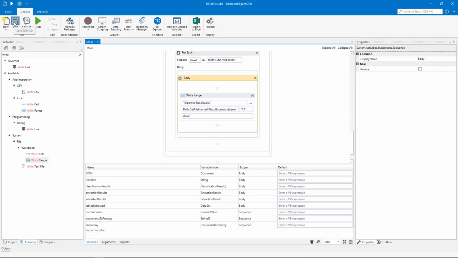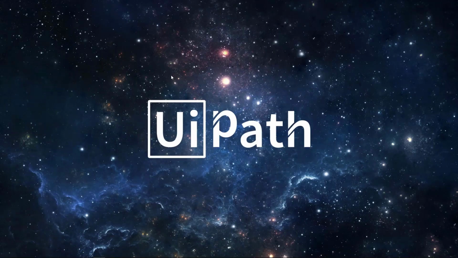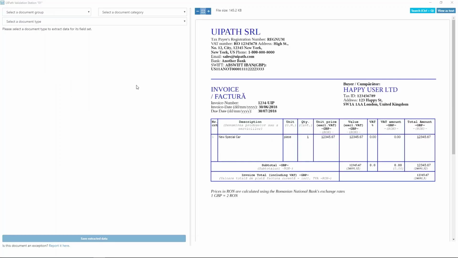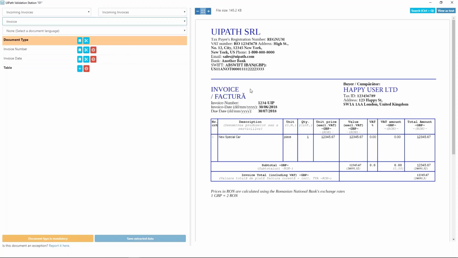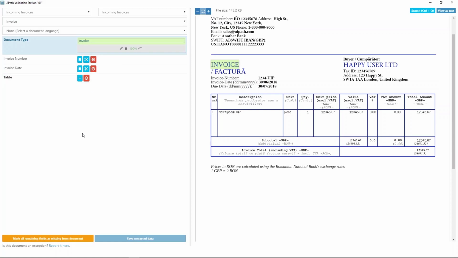Let's now run the workflow and see what happens. The validation station is displayed because the robot was not able to classify the invoice, since our learning file is empty. However, we'll teach the robot that this is an invoice by selecting the document group, category, and type. We also need to indicate the keyword that enables the identification of the document as an invoice. Select the invoice word and click on the bookmark button to specify that this is the keyword corresponding to this